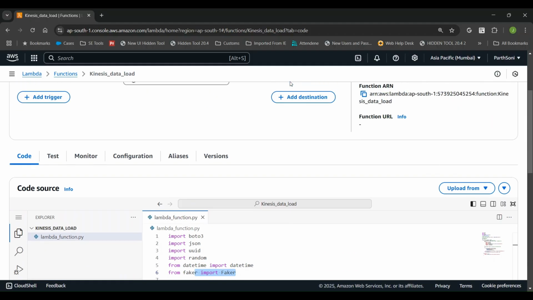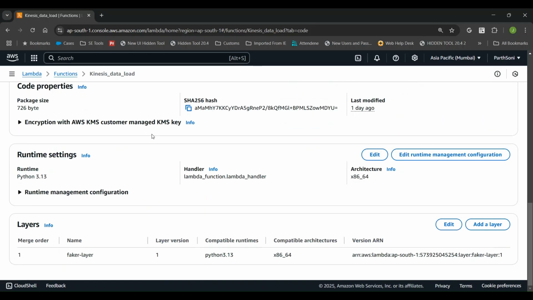You need to import it. I have created a layer here. If you see, I have a faker layer that I have added. You can easily create a faker layer. You just install the faker module locally, create a zip file, and then just add it over in the